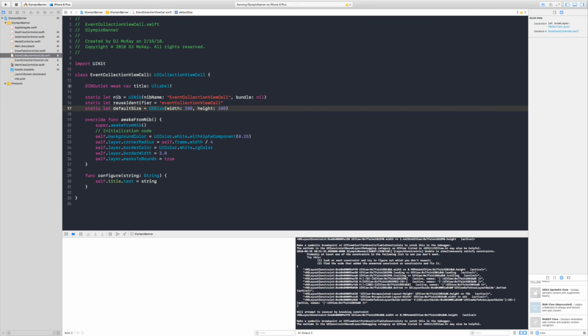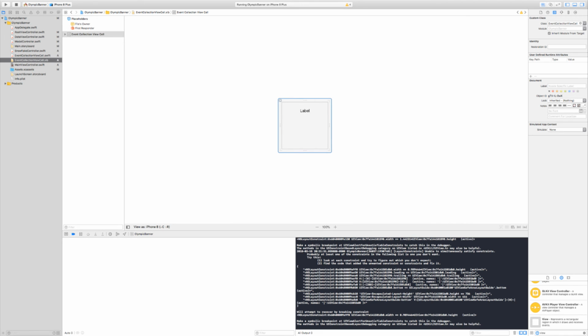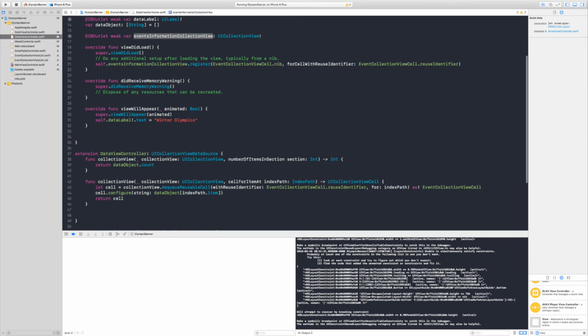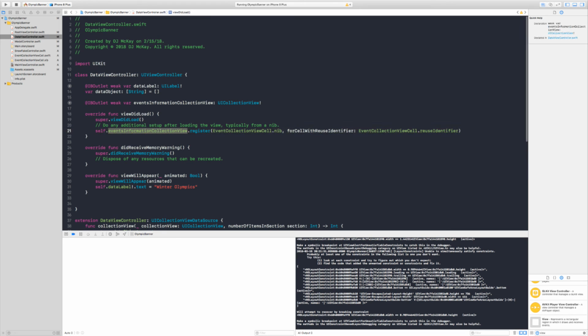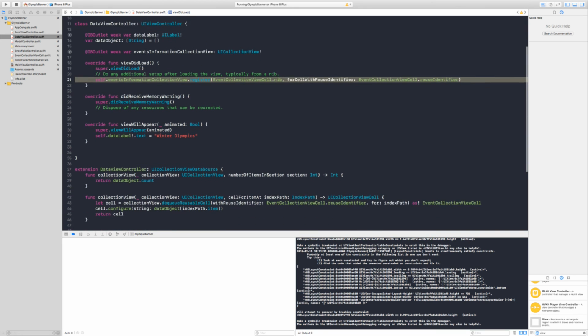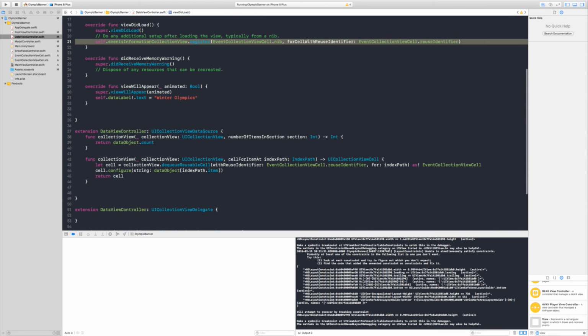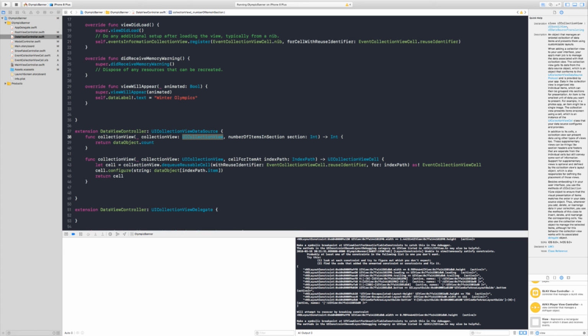We created an actual cell for the collection, gave it some configurations, and a simple view for that collection view. We went back to our data view controller. We made sure we registered our collection view cell with our collection view. We made sure that we told the collection view how many sections it had, which was just the number of items in our page. And then